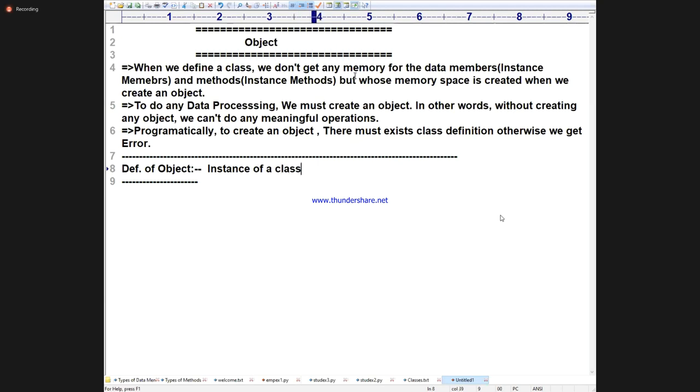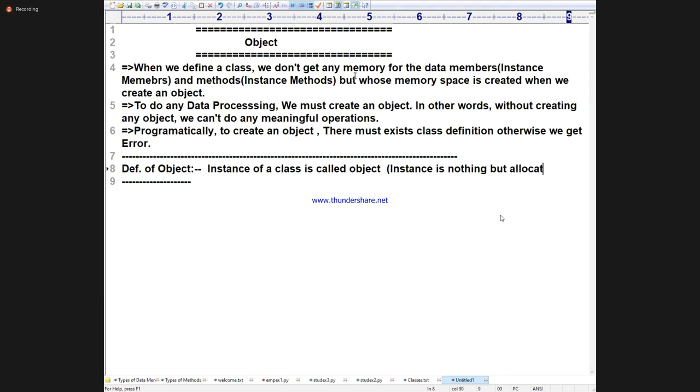Definitely the word instance is important. Instance of a class is called an object. What is an instance? That is important. Instance is nothing but